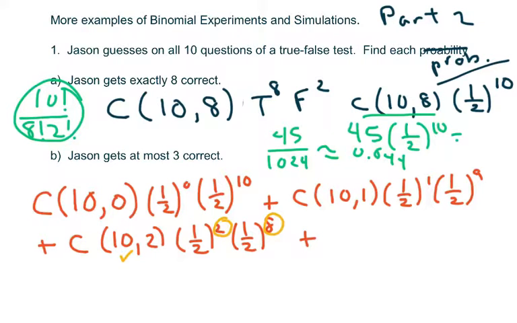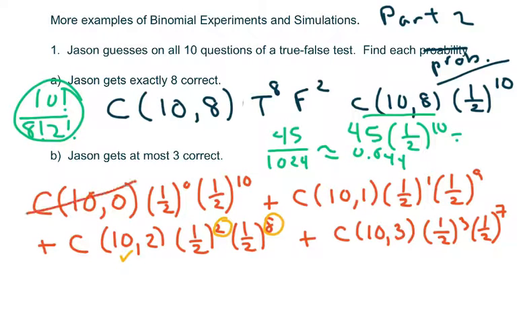Or he gets at most the 3 correct. So the other would be 7. And this equals 1. And this equals 10. But you can put this in the calculator, so it's just going to be 1/2 to the 10th